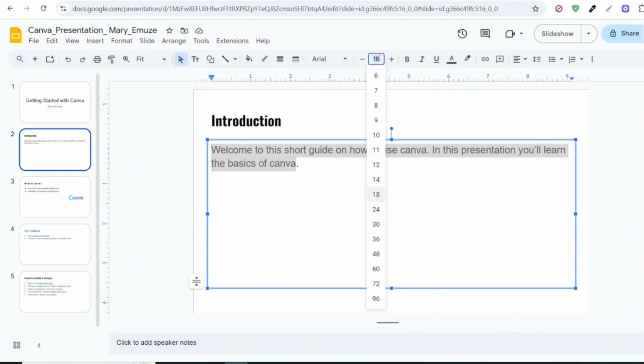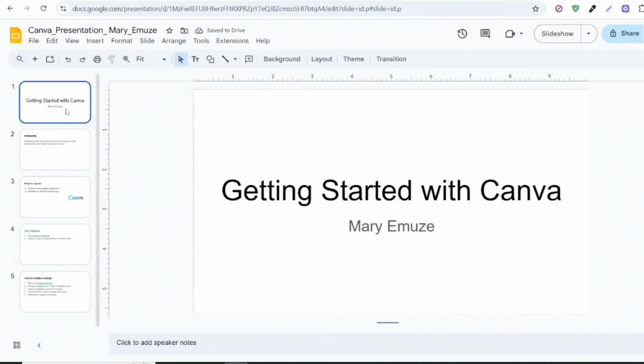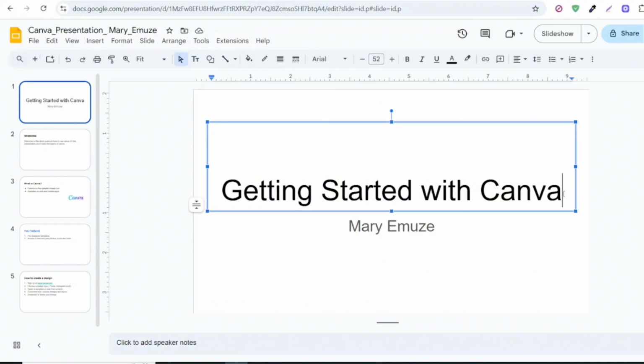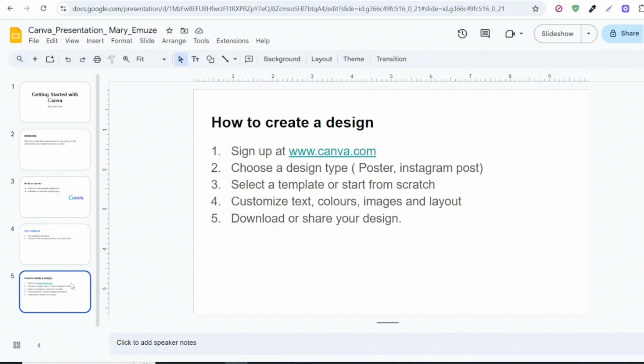This is 22. Okay, so we're good. We're just going to make this bold. Leave the font size that way. Okay guys, so we've created 5 slides, and then so I'm going to say, the last slide I want it